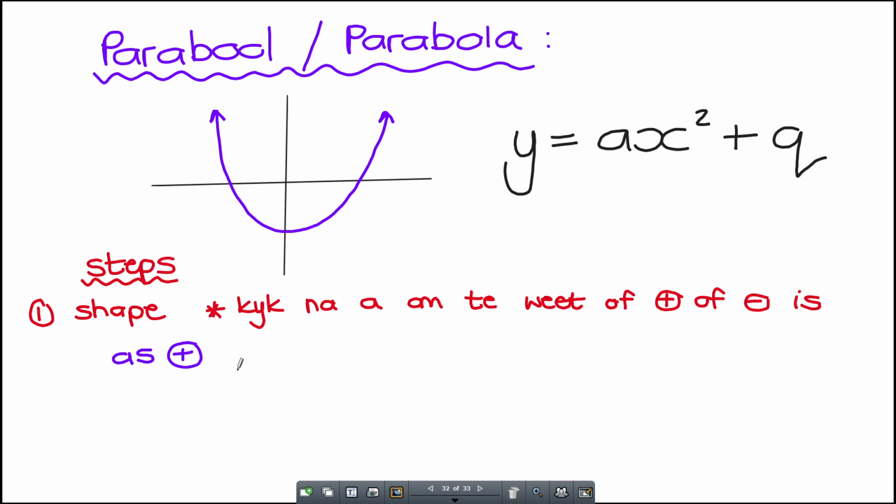As dit positief is, dan het jy 'n smiley face. Nee? Kyk goed, dan lyk hy soos hierdie grafiekie bo. That is a positive graph. Okay, so sien jy daar? Positive. Dis 'n smiley face. Nee. Alright. As